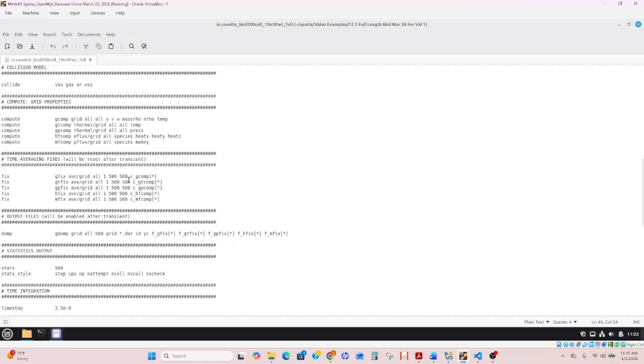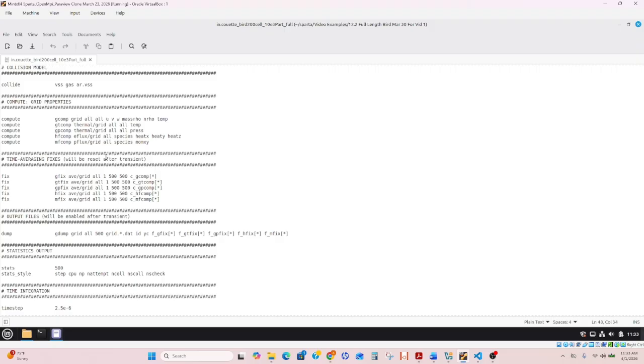So every 500 time steps, this is going to look at the 500 previous time steps and create an average. If you can do this 10, 100, 1000, and it'll look at every 10 time steps, and it'll take like 100 of those that happen every 10 time steps, and on the 1000th time step,